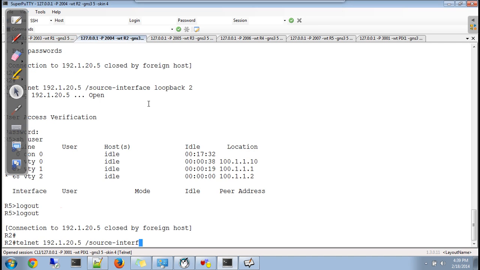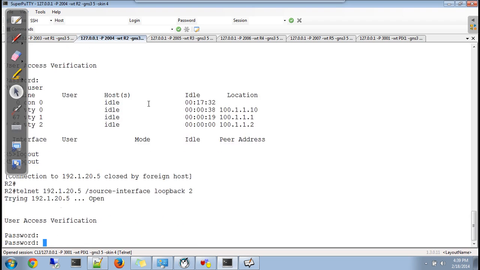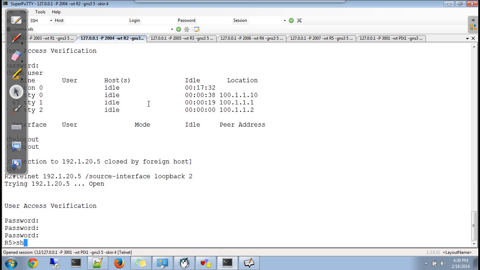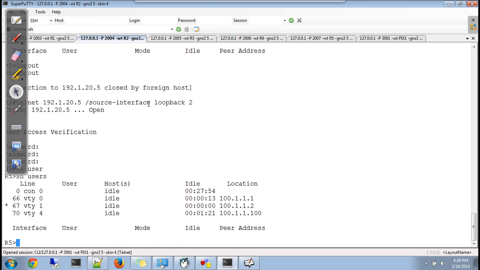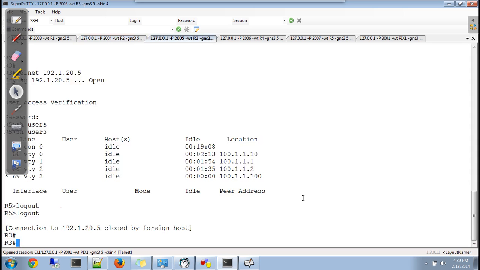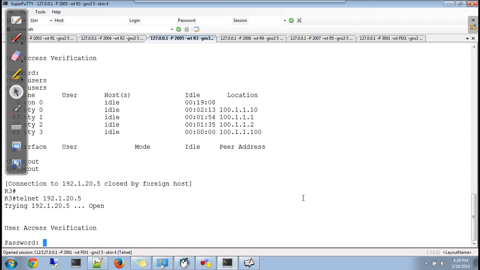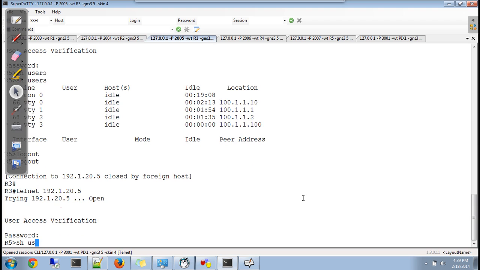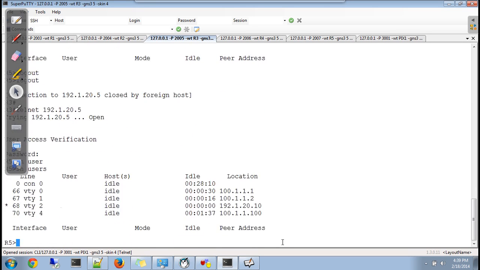Go to R2. Second IP from the pool. Go to R3. Now PAT will start. There were two IPs, both are used. Now PAT will start. You get PATed to 192.1.20.10.